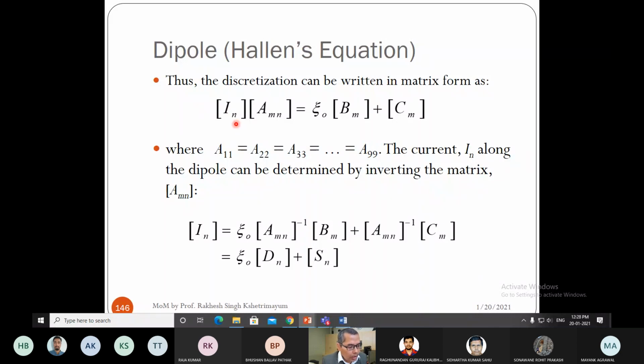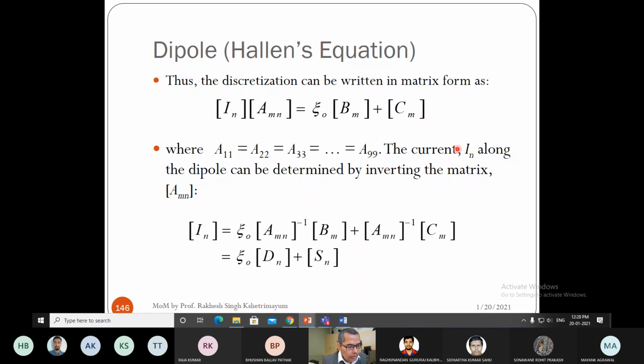It will become In Zmn equal to xi naught bm plus cm, and all the diagonal elements were equal because your source and observation are at the same location. The distance between them would be the same, and that was the only variable you have in the integration for the Z matrix. And